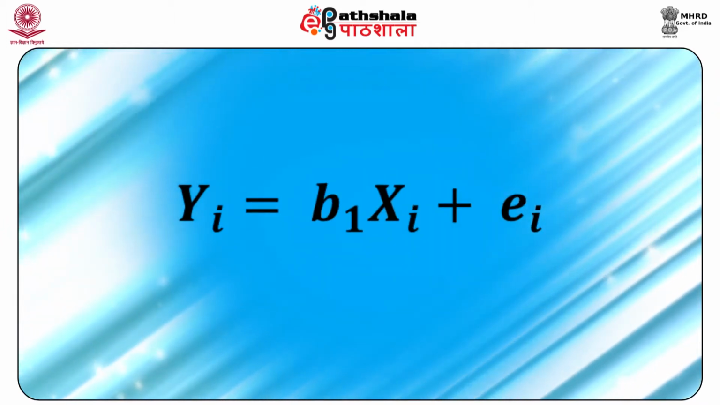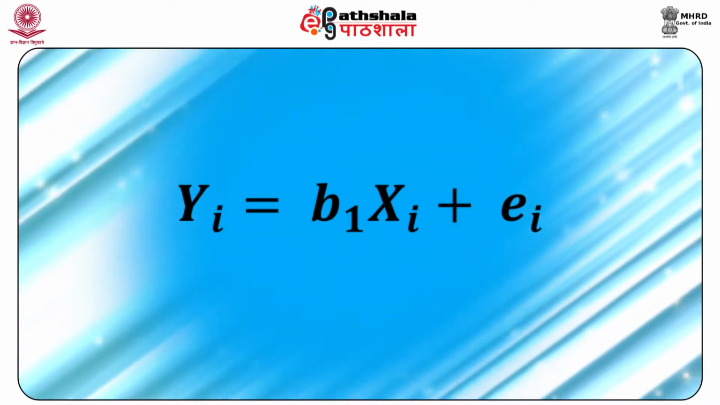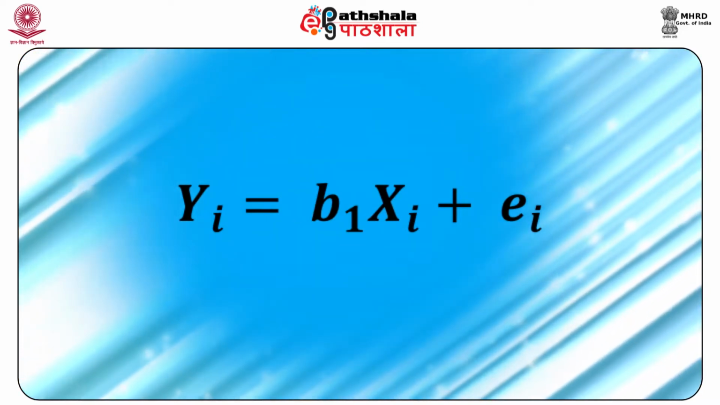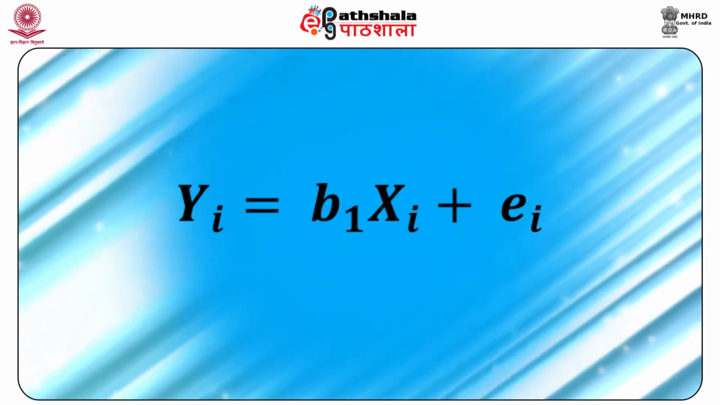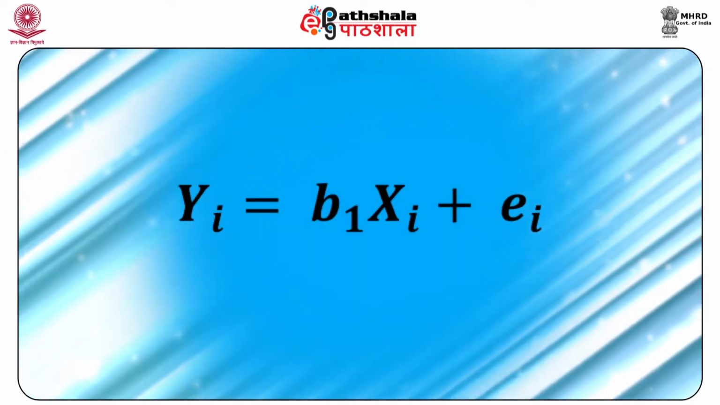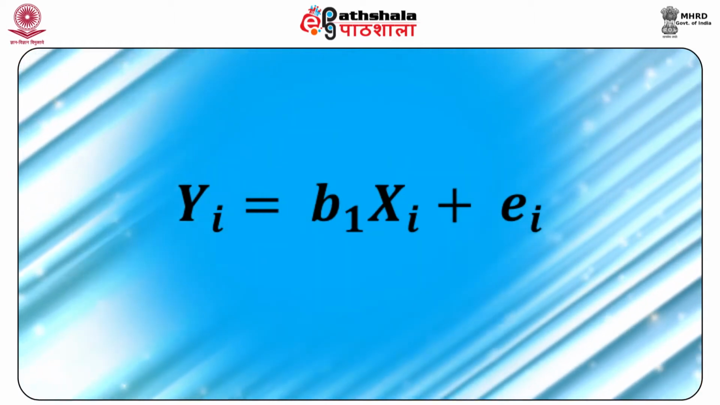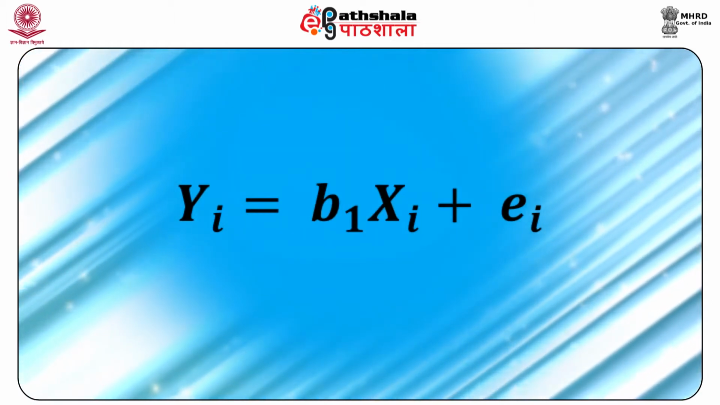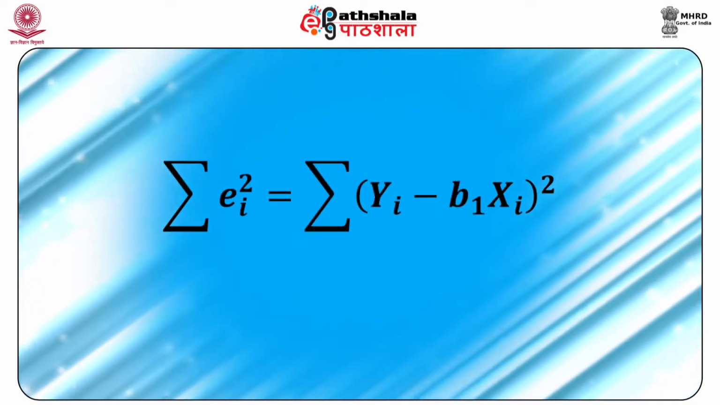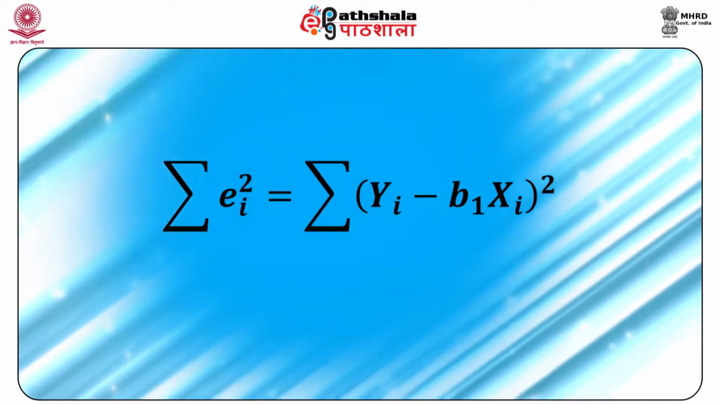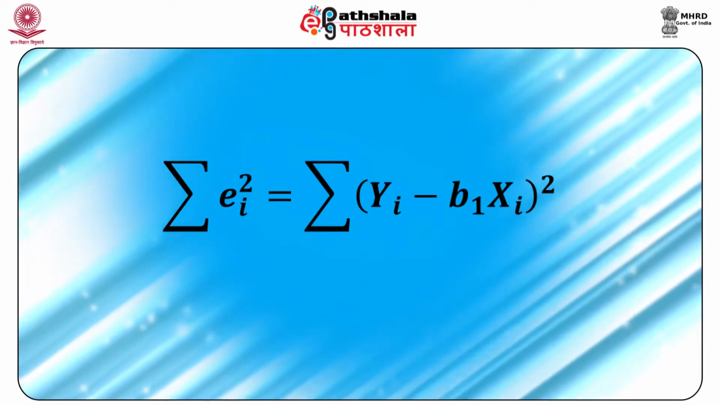The sample counterpart of the above population regression function is the sample regression function, which is denoted as Yi equal to b1 Xi plus ei. We now apply the OLS method to obtain the formula for calculating b1 and its variance. Since we now know that the sample regression function is Yi equal to b1 Xi plus ei, let us minimize the sum of the squares of the errors, which is sigma ei square, and is equal to sigma (Yi minus b1